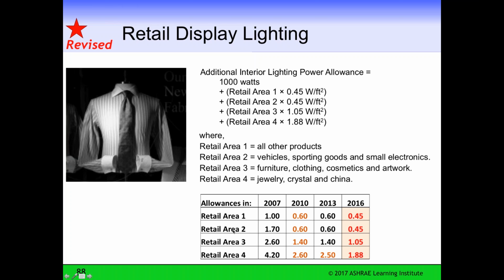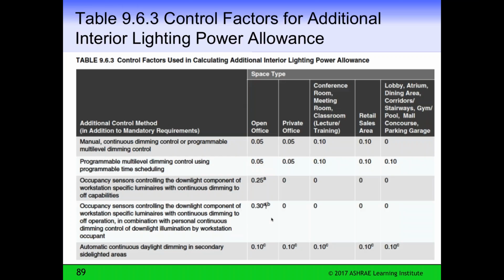For vehicles, sporting goods, and retail area 2, it went from 1.7 to 0.6 to 0.45. So you can see there is additional allowance provided, but it has gone down. And partly this is a result of the penetration of LED technology into retail display situations.